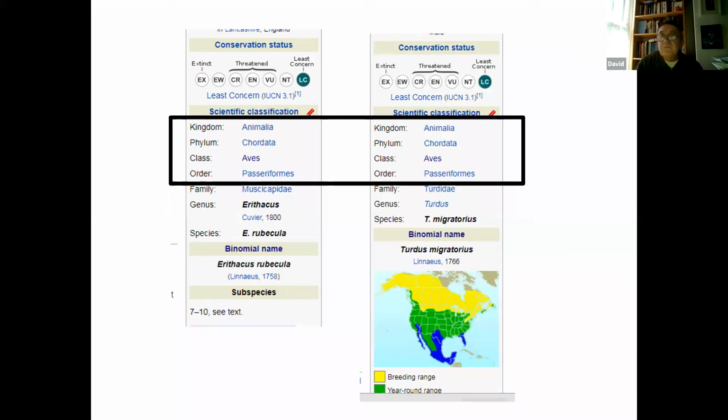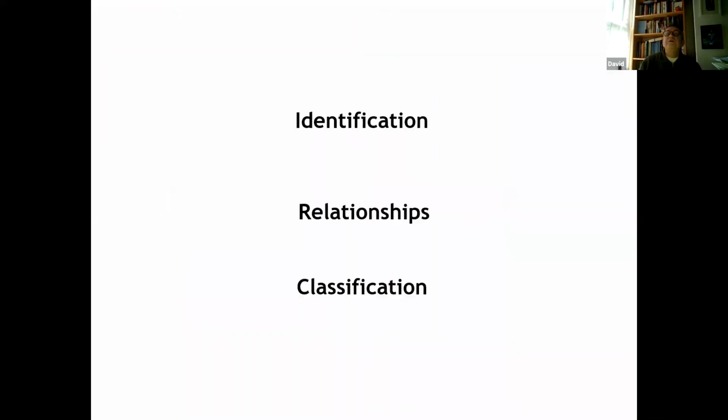The one belongs to a different genus than the other. So they're two very different birds with the same name. So the identification is easy. It's got a red breast. But telling you what the thing actually is is a little more complex. One of the things that exchange made me remember is that there are three different aspects to dealing with organisms in a comparative sense. There's the identification of what you have in front of you. There's the relationships among those things that you've got in front of you. And there's how we represent those relationships. Those three things sometimes confuse.